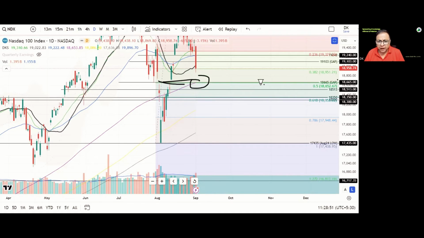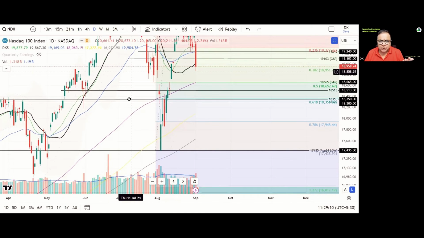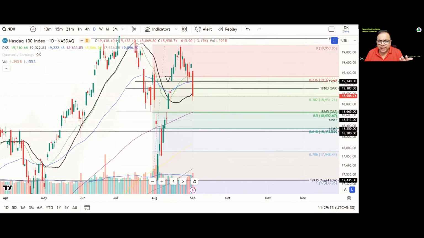50% retracement level. And maybe who knows that the market recovers when the market opens on 4th of September 2024, because it is resting on volume weighted moving average, which is a confluence of 38.2% retracement level. On upside, where is the immediate resistance? Here you can see some kind of support over here. And there is a confluence of EMA 55. And there is a confluence of 23.6% retracement level. So immediate resistance could be to 19,240 level on upside move in Nasdaq 100.